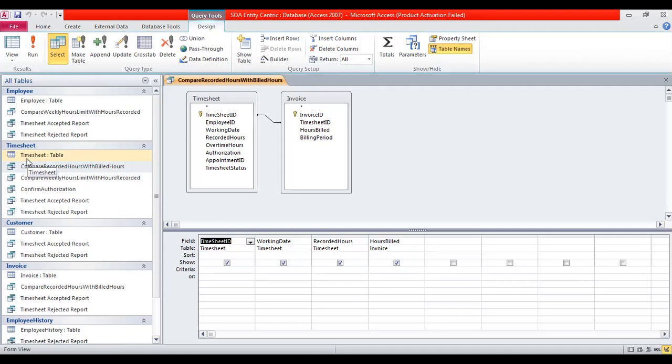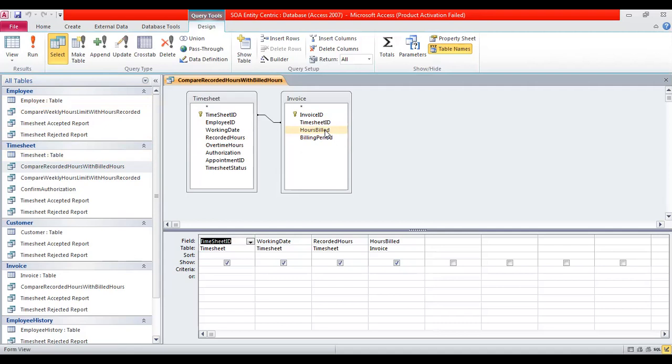The timesheet table contains timesheet ID, employee ID, working date, recorded hours, overtime hours, authorization, appointment ID, and timesheet status. We want the recorded hours, and these recorded hours are compared with the hours billed.